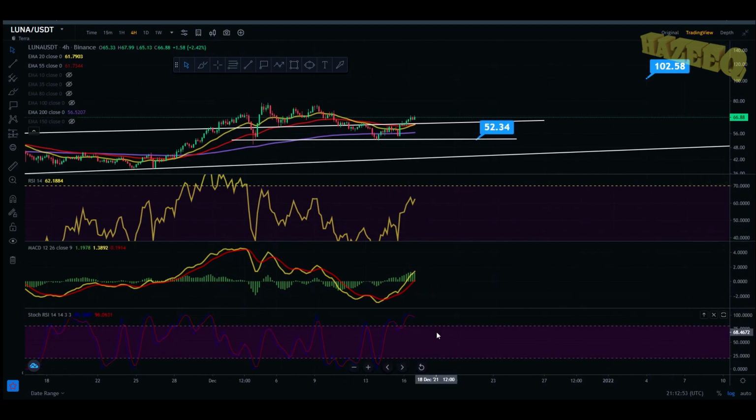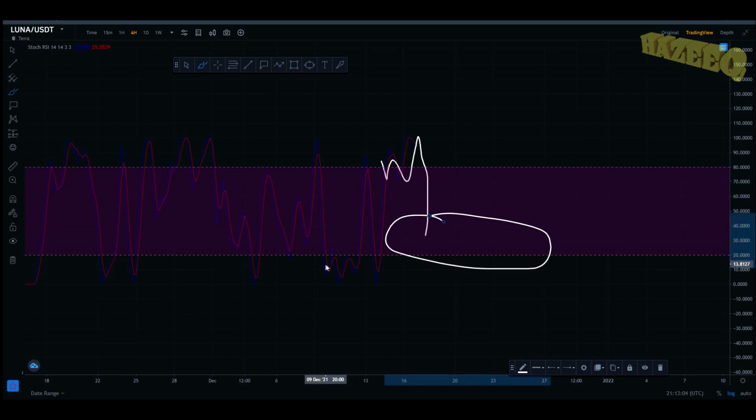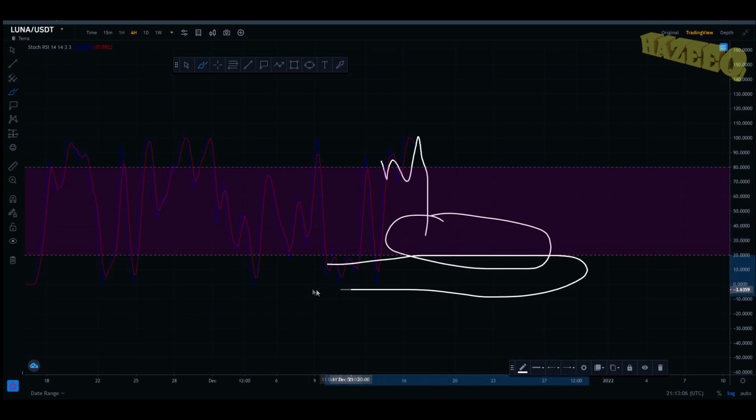Okay, so yeah, taking a look at the stochastic, as you can see on the 4-hourly chart, we're a bit overextended here in the overbought. So potentially what you should do is just wait for it to come back down and start getting down to these lower zones over here, or even getting as low as the oversold position below the index of 20 on